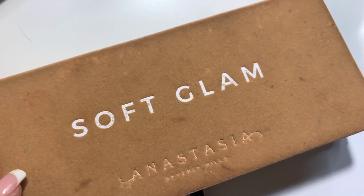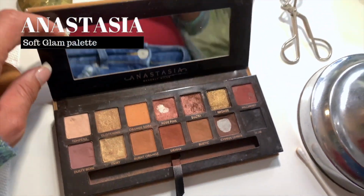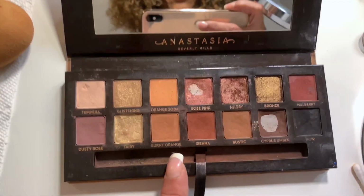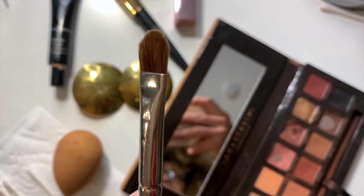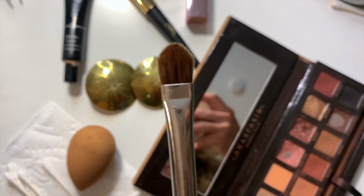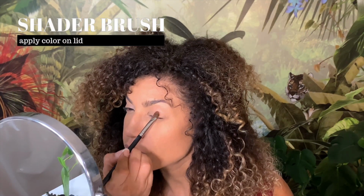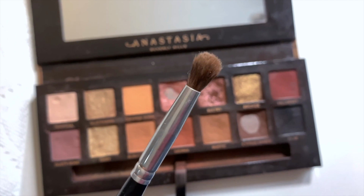Okay, I think you can tell by the wear of this palette that I really love it. This is Soft Glam by Anastasia, and I'm going to be using this burnt orange color. I'm using a shader brush, which is a rounded, soft, flat brush. It picks up a lot of color, and you can pat it and just sort of pack the color all over the eyelid. I apply it on the other side as well, and then I'll use a soft, round brush